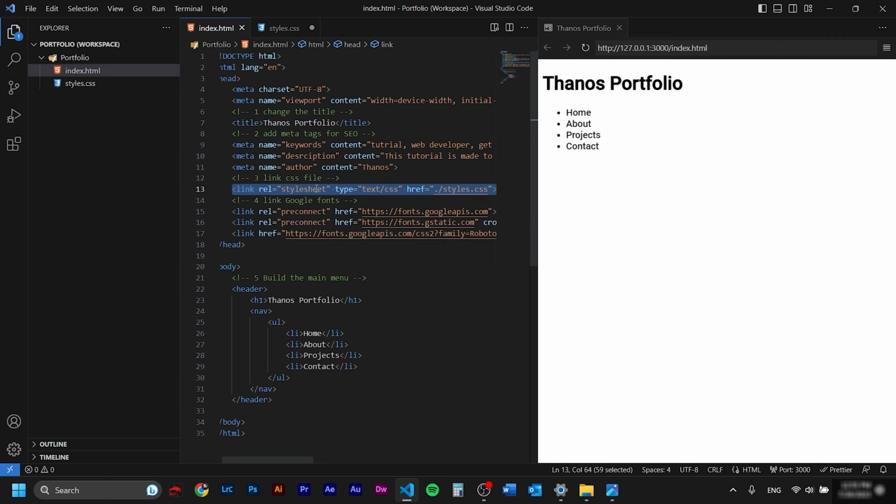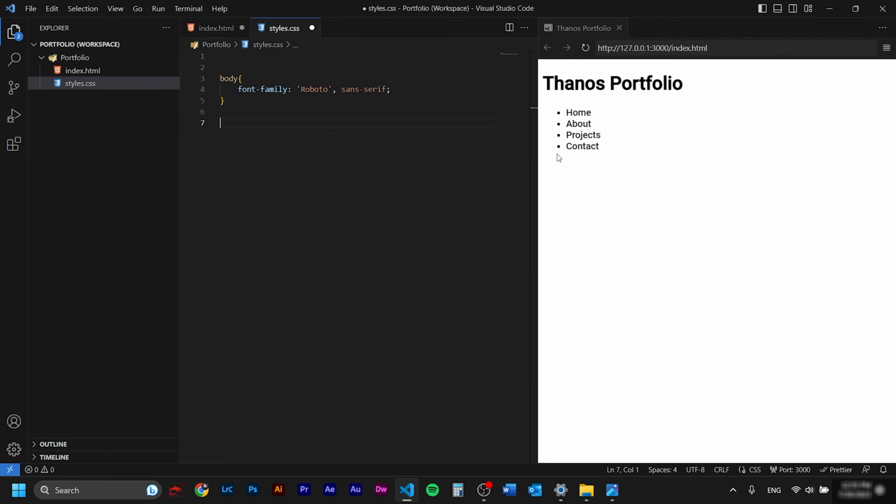It probably has a typo. For instance, if I forgot to write text and wrote something else, now it's not linking properly. If I wrote style instead of styles, it doesn't link again. So this is a place to look for mistakes.